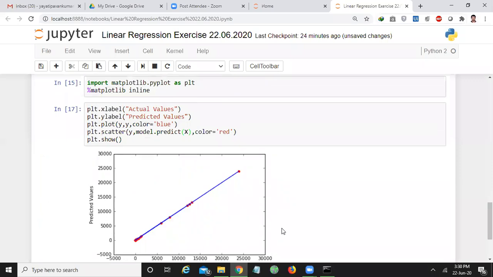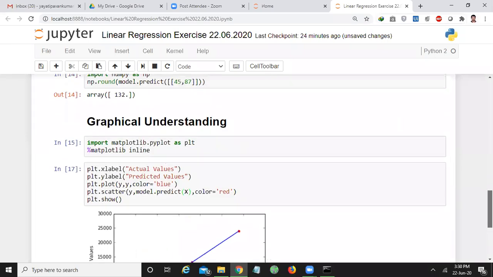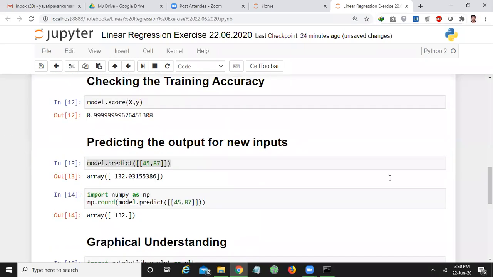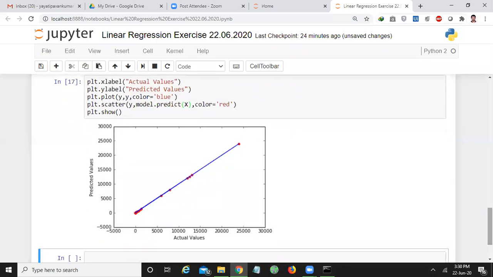Okay. So all these red points are what? Predicted values, and this blue line represents the actual values. So you can observe the predicted values are converged on your actual values. Am I right? You understand? The predicted values are converged to the ideal line. Because it is showing the accuracy as 99%, you can find maximum convergence. Like this, we can perform the linear regression. Yes, is it clear, all of you? Shall we go to the next example?